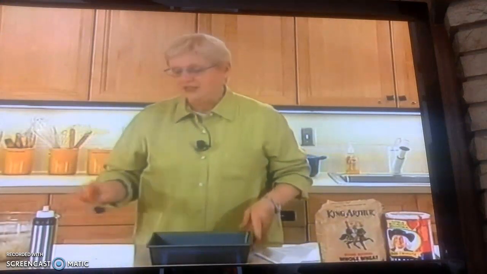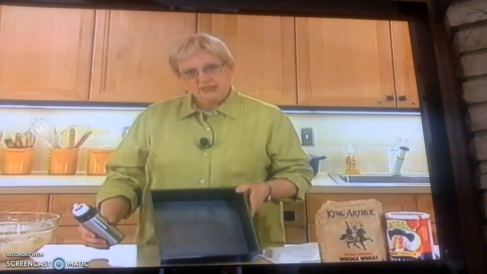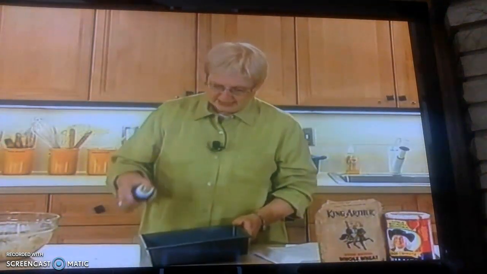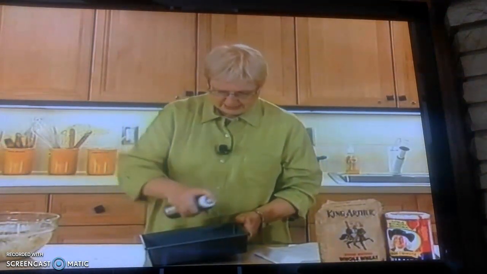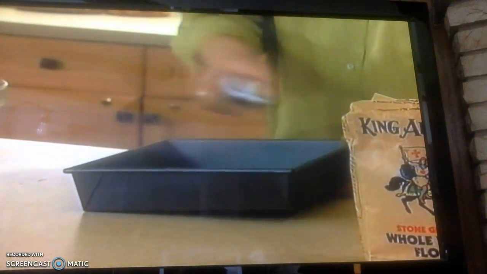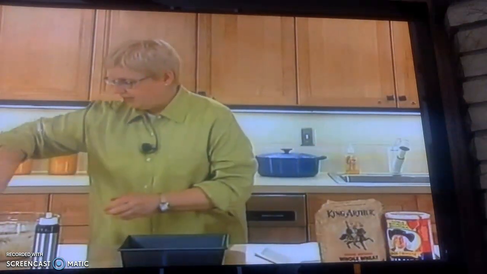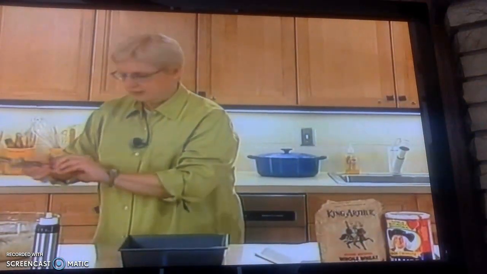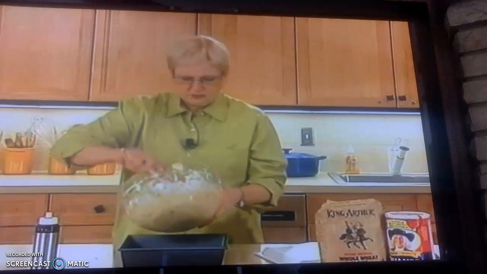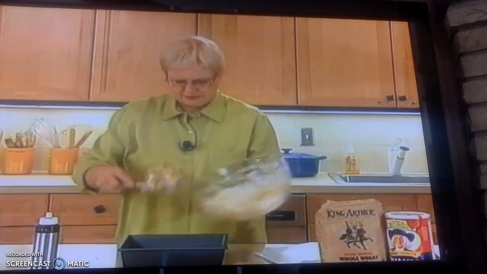We're going to take our same chocolate chip batter and turn it into a bar cookie, and this is how we're going to do it. We're going to take a pan, this is a 9 by 9, and we're going to spray it this time. We want a little bit of oil so that it will come out. And then, instead of dropping them, we're going to press the rest of our batter